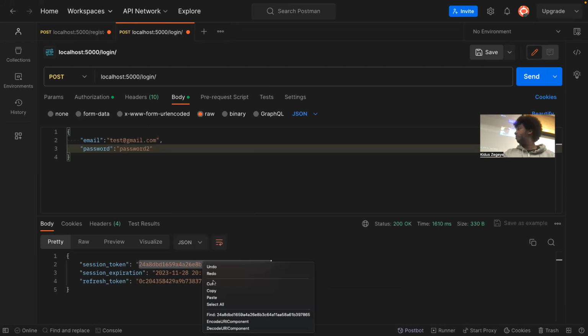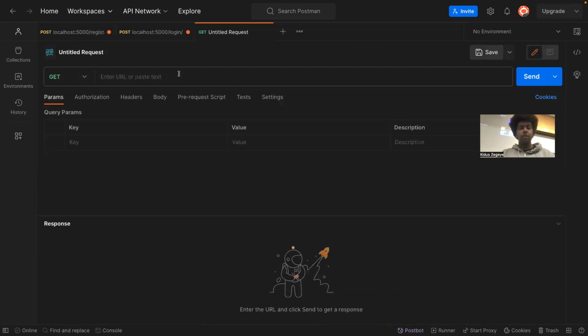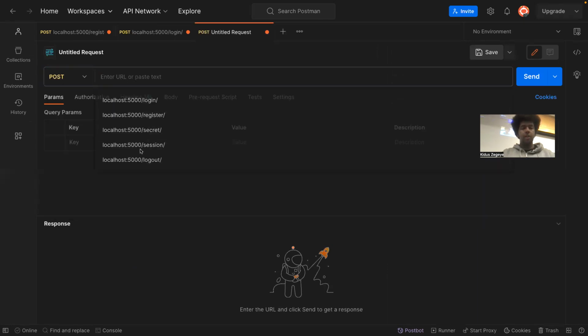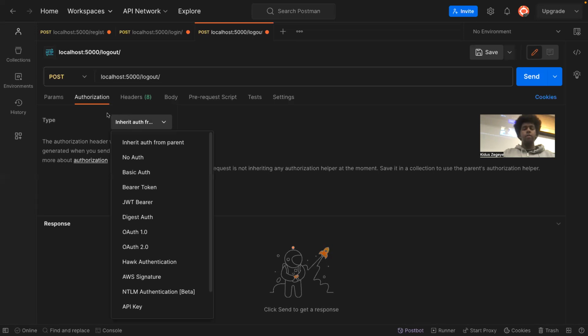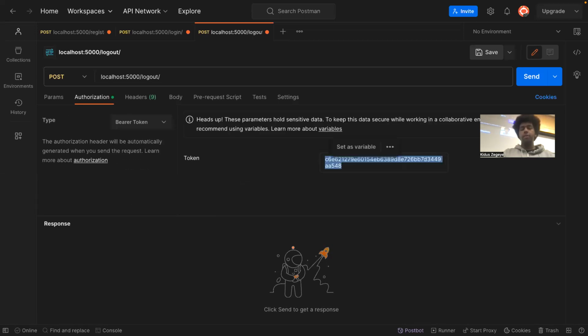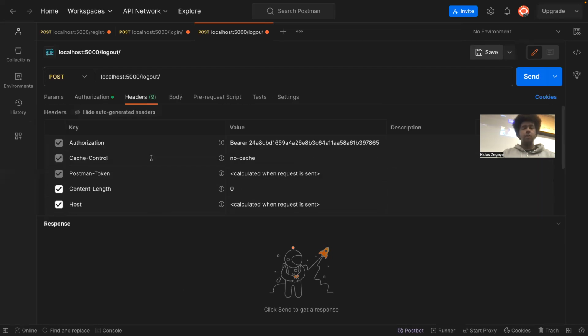So copy this, and then I want to go to the logout endpoint. So post logout. And I'm going to put this in my authorization tab, go to bearer token, and then we'll put this in here. And you can check your headers, scroll up, and you can see it's right there. So if I send this now,